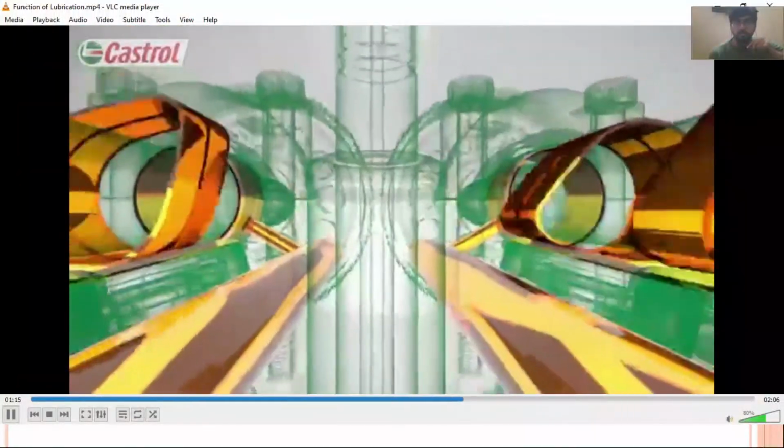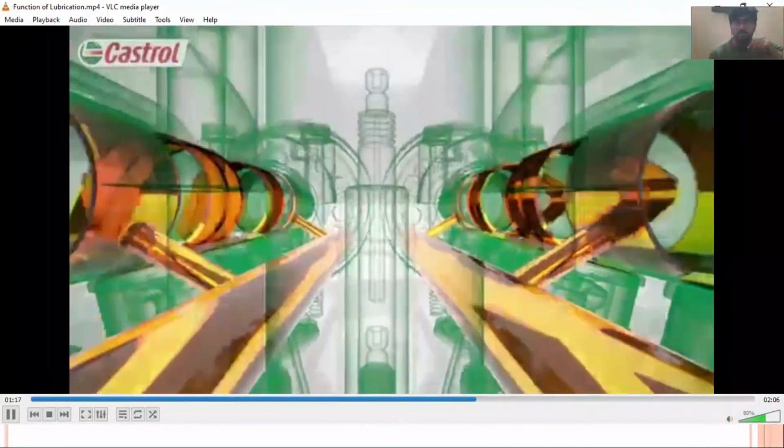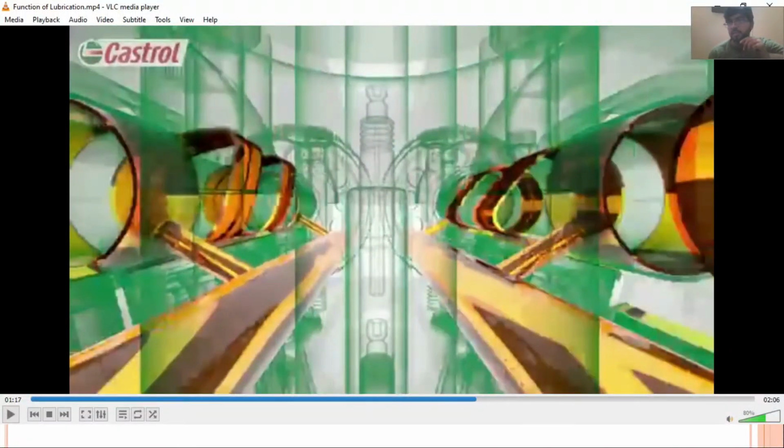The oil is the only thing preventing metal-to-metal contact. So as I explained earlier in the last video, oil is basically forming a film between the two contacting metal parts, and it is the only thing which is avoiding the metal to metal contact. If the oil film breaks and metal to metal contact occurs, we can have a drastic effect on our engine, we can have wear and tear in our engine, and our engine may get damaged.